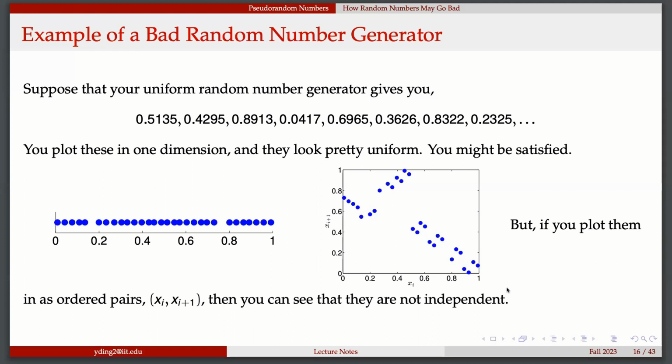Because if you generate this, you can only catch the information at this point. And there is a lot of blank space here. That's not random. Random should at least have some points here and there, right? Not like this, where it's very similar and parallel to each other. So this is a bad example.